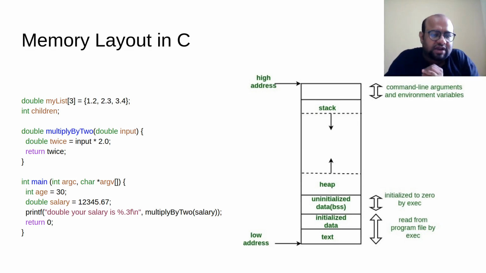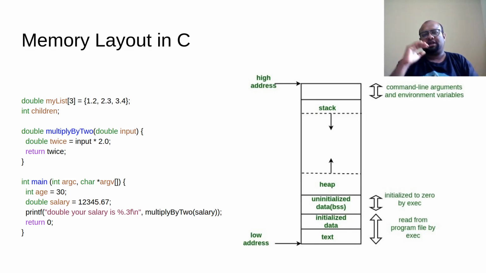understand this. What will happen in the stack when, in line number 3 of the main program, there is this function called multiply by 2? Right now the stack contains memory allocated for the two local variables of my main program: this integer called age and this double called salary. Up till now my program has executed up to line number 2 of main. In line number 3 I am calling one more function.